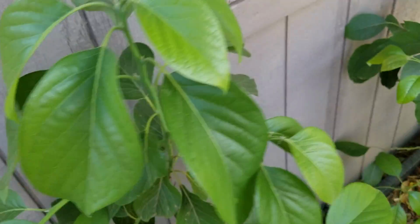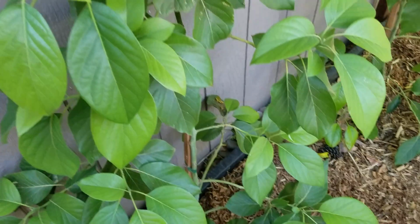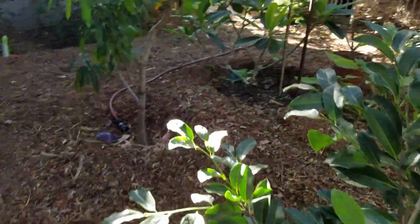I'm going to get some from Seamus O'Leary's Tropical Fruit Trees. He's got the Marcus Pumpkin. That's the one that I'm really interested in. I believe that's a Guatemalan variety, but I don't really care because I'm going to try it anyway. And then maybe get a couple other ones to go with it, and then I'll probably put those guys out here